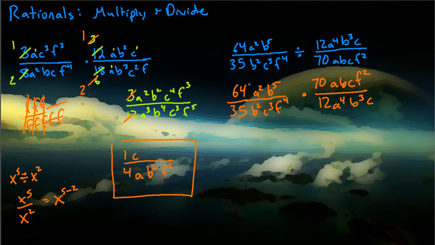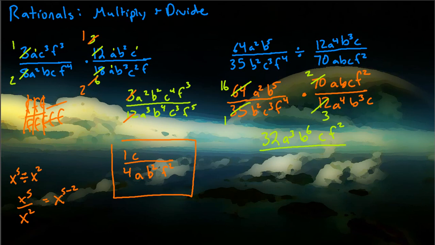So I can cancel 64 with the 12, divide those both by 4. I can cancel 35 and 70. 70 is divisible by 35. So 2 right there and 1. And it doesn't look like I can do anything else this time for sure. So now top times top is going to give me 32. Hope you can see that. A squared times a cubed. B to the 5th times b to the 1, b to the 6th. Then I have c f squared